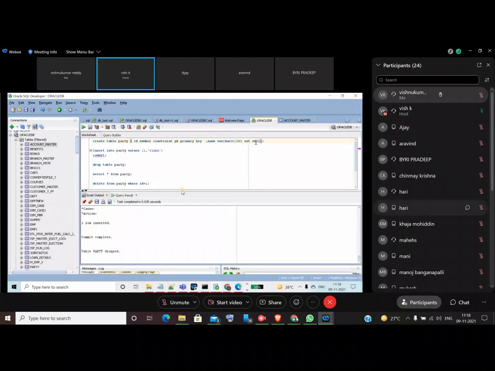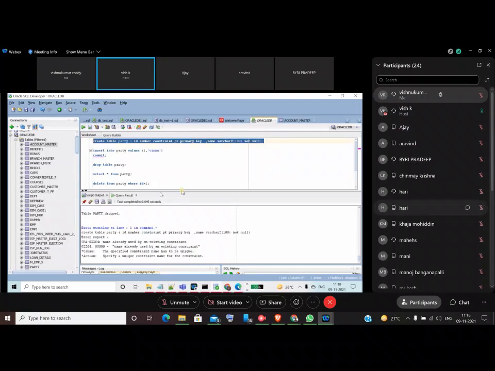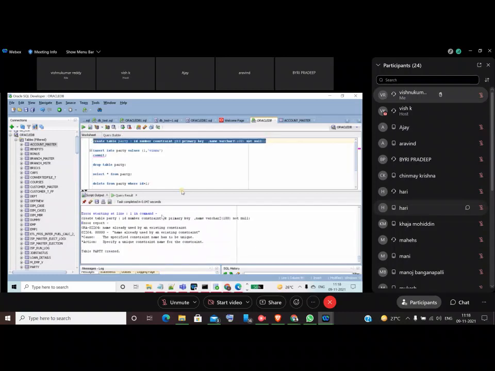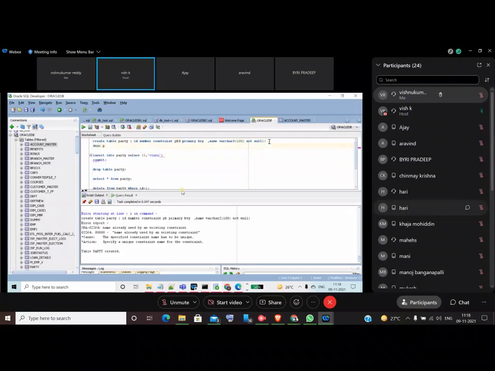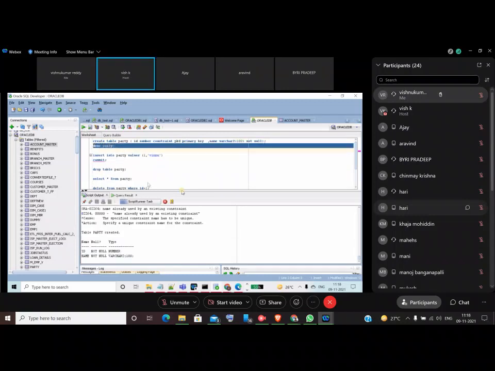And for name, not null I'm applying. So now I'm creating this table. Okay, table is created. Now if you want to see the structure, describe party.